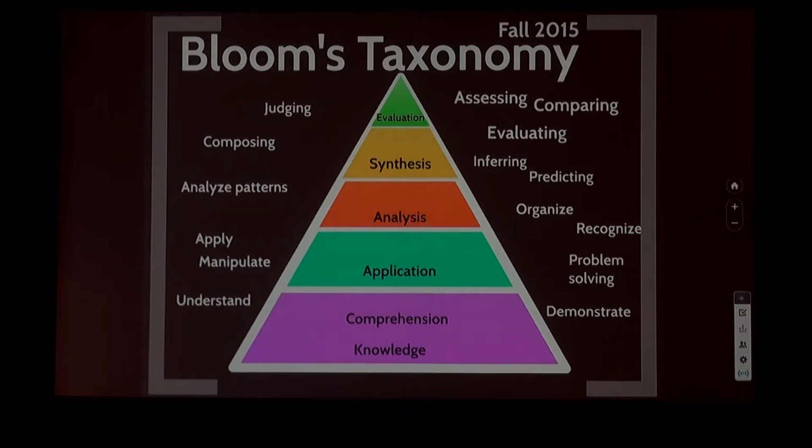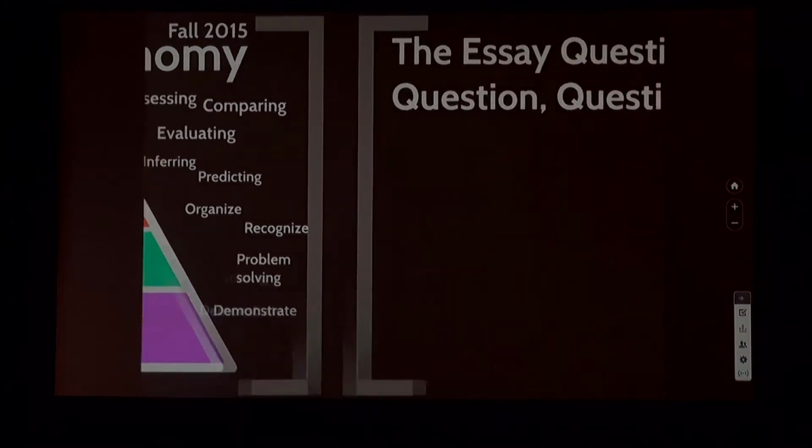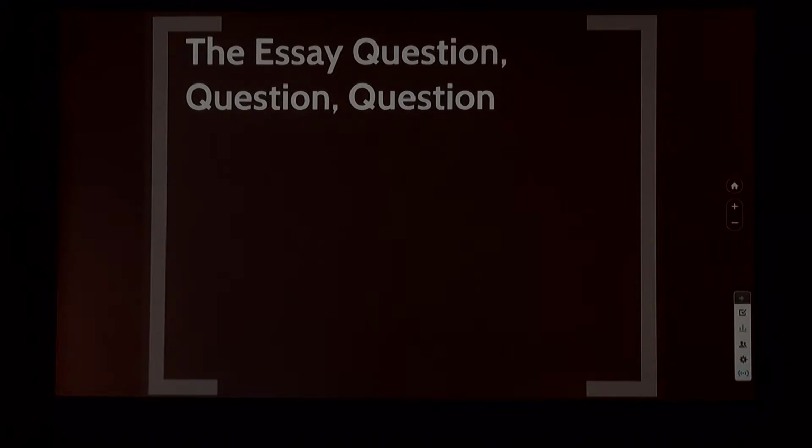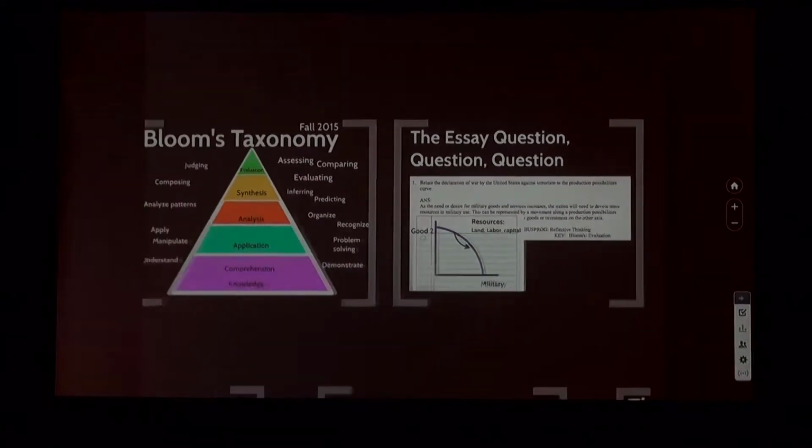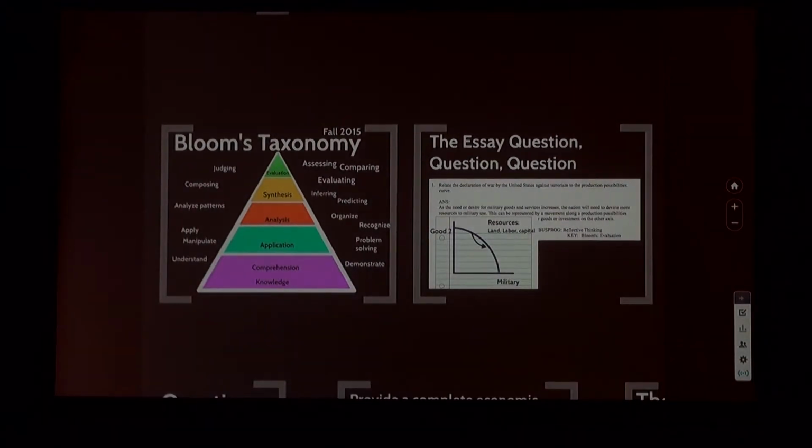All right, so this is, by the way, 7 years later. So this is not an easy process. This is a slog for me, but I'm finally getting around to probably where I should have started. So that brings us to the essay question, which is: when you put an essay question on the test, what level of critical thinking is the student doing? So for example, the war on terror question, we back that out to Bloom's taxonomy. My curiosity is, where on that scale would be what I feel is a fairly simple question.